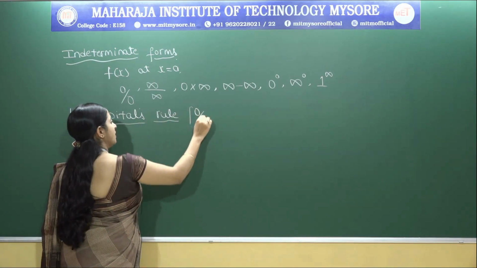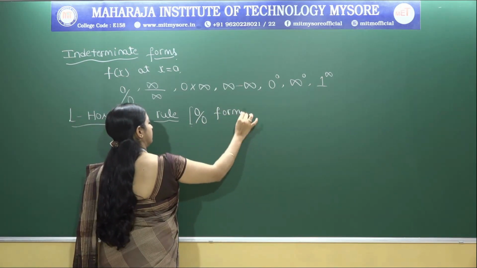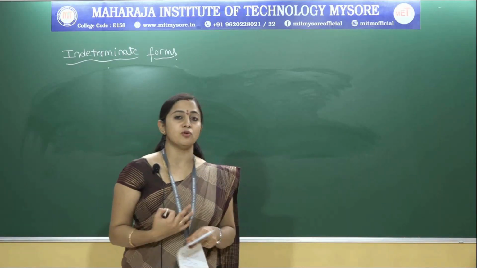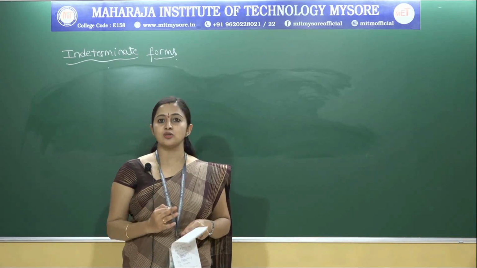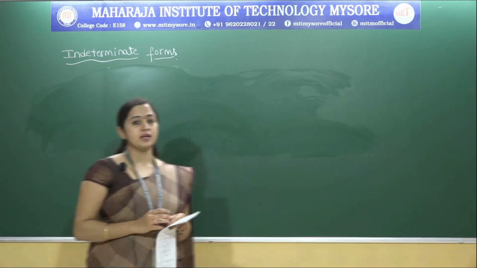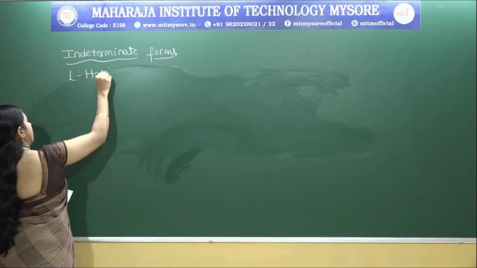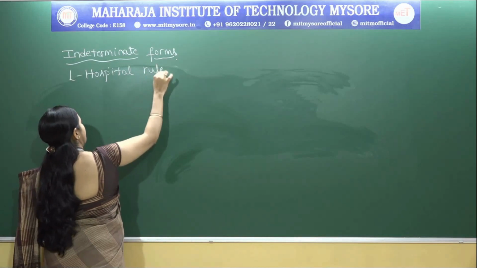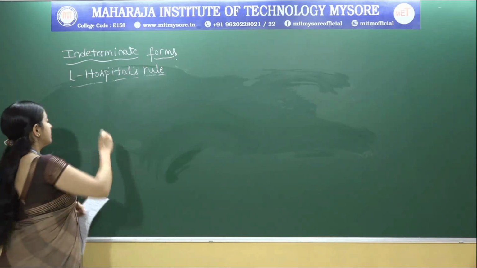For 0 by 0 form. Then how to find the solution of these indeterminate forms? Using the L'Hospital rule you can solve these indeterminate forms. Then what is the L'Hospital rule? Consider the L'Hospital's rules, the statement